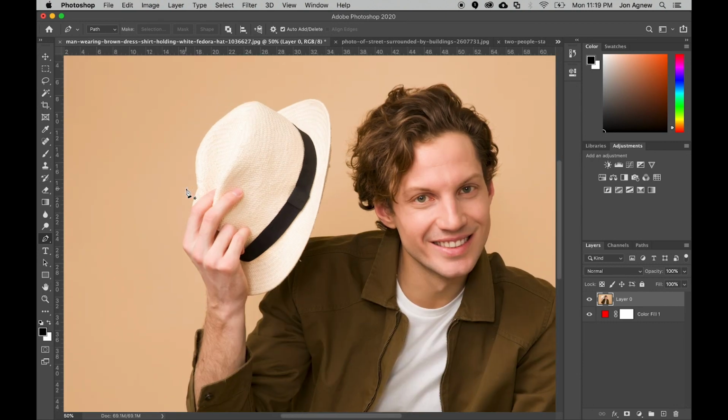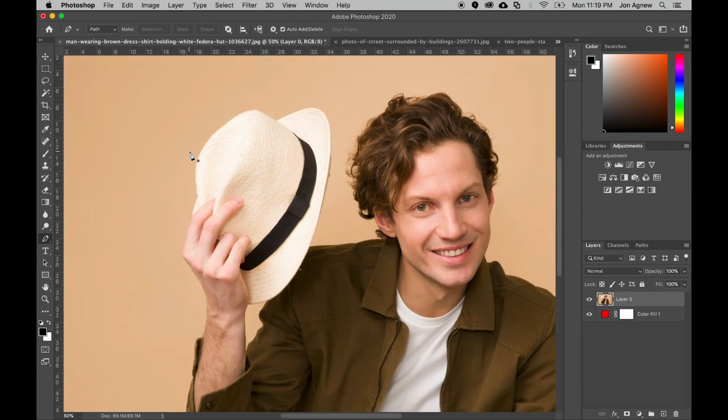Let's just try to make this curved. I'm not trying to be exact here. I just want to go around the basic shape, right? So I'm going to trace up around this hat like this. I'm going to click and drag just a little bit. Now I'm not actually making another point yet, but I'm dragging out these handles, and these handles control a curve,